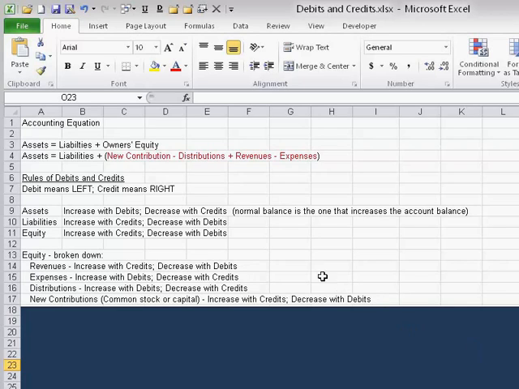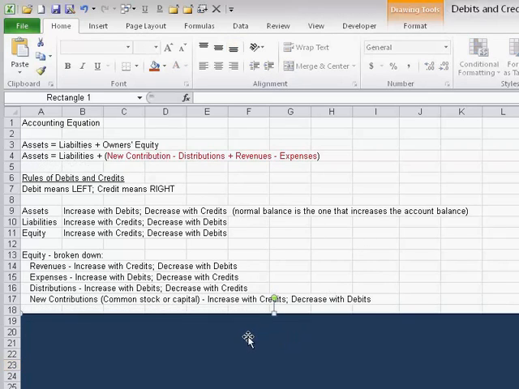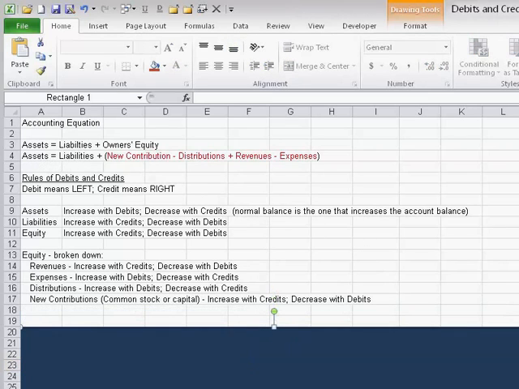So again, the two positive items, contributions and revenues, all increase with credits. The two negatives, there's a minus sign in front of them, increase with debits. They behave more like items on the left side of the accounting equation than the right. Okay? That's the rules